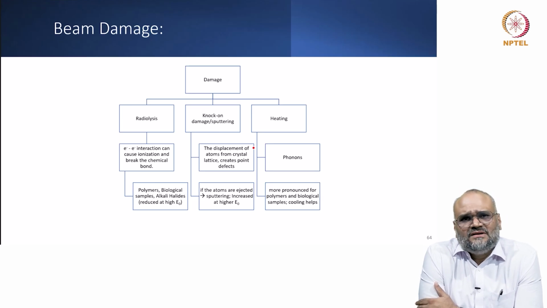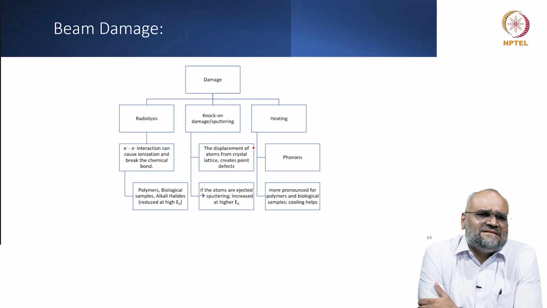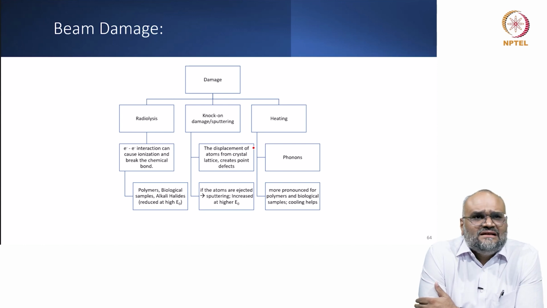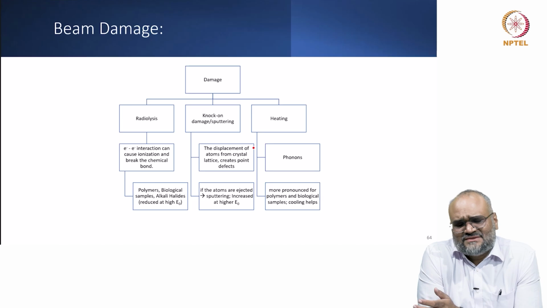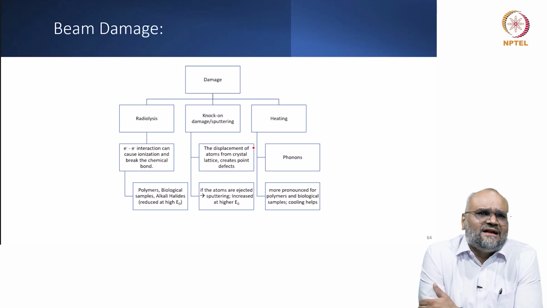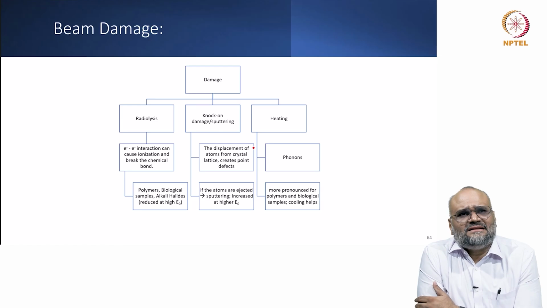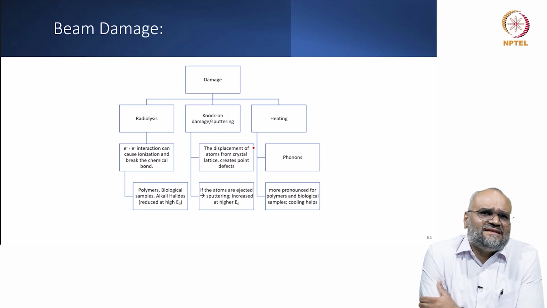This is also observed in all kinds of specimens, and it is also dependent on the accelerating voltage. The radiolysis and ionization kind of damage is more pronounced at slightly lower accelerating voltages, whereas when I go to very high voltages, the knock-on damage is more pronounced. So you have to have a good balance between the accelerating voltage and the dose that is deposited on your